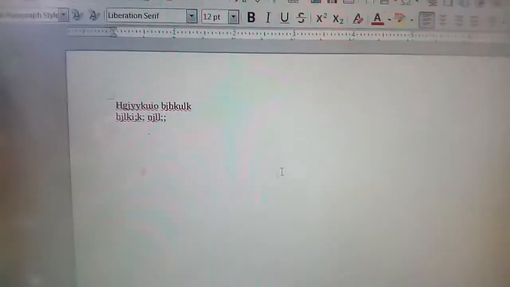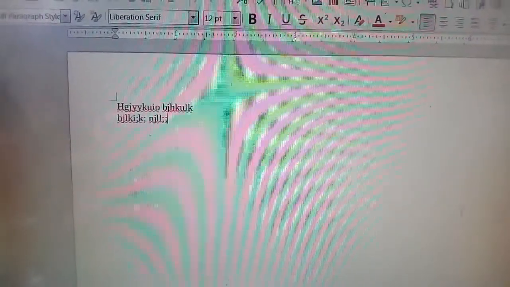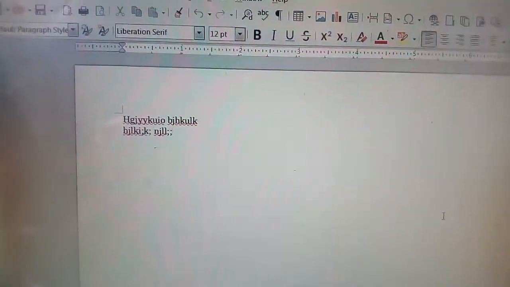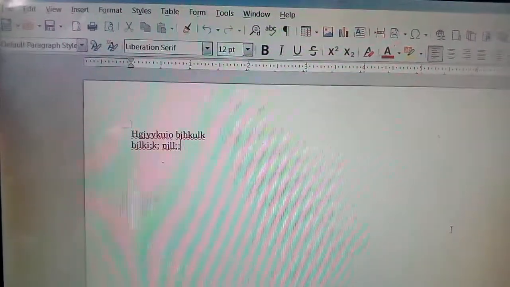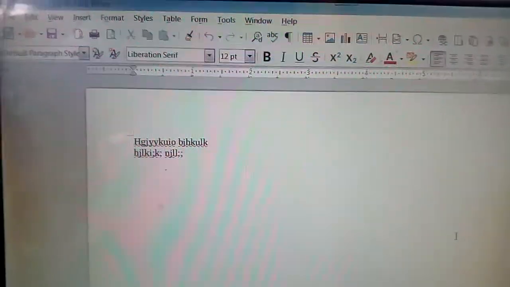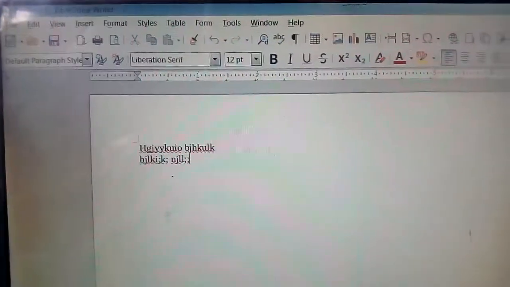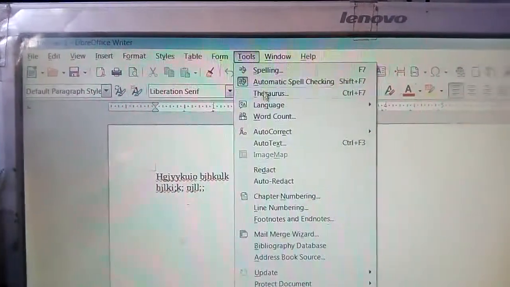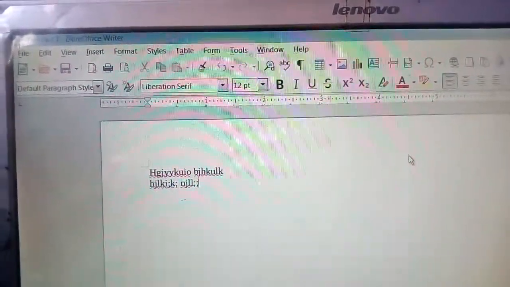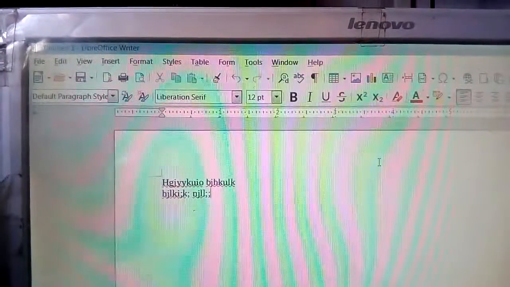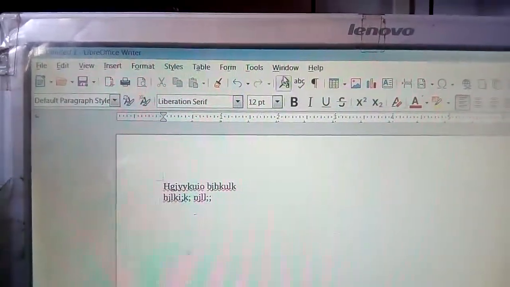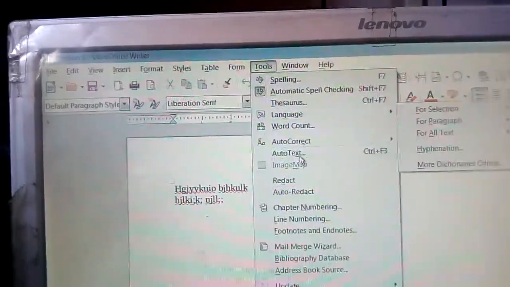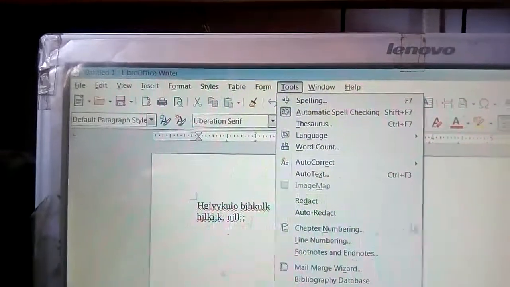Now next one is this one. This is the text area. Text area means where you can type the text. So when you select the text tool to enter the text and place it in the text area, your mouse pointer changes to an I-beam, right? So here you can see the different tools. Okay, so I think it's clear. So suppose anything, spelling, thesaurus, word count, here different text tools are there, right?